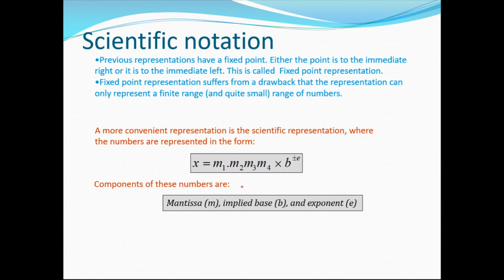So generally how do we represent floating point numbers? In decimal, typically we represent the floating point number as some number m1 dot m2 m3 m4, it may go on, into some base to the power exponent. This base will generally be 10 in decimal. In binary it will be 2, right? So this part is called the